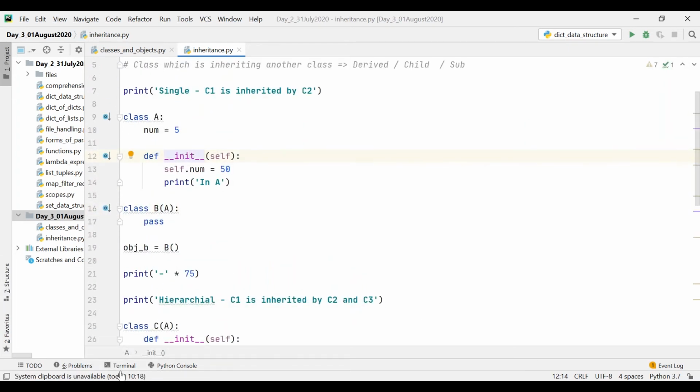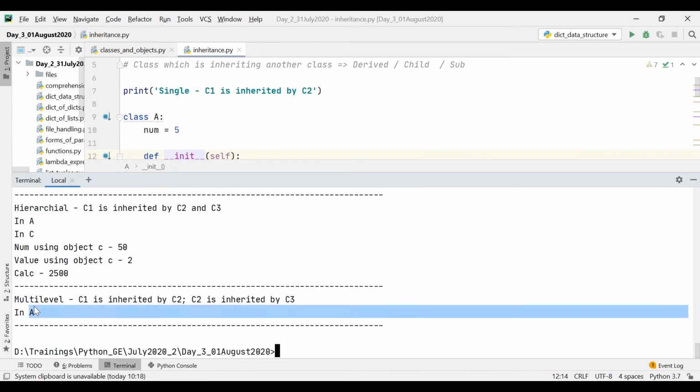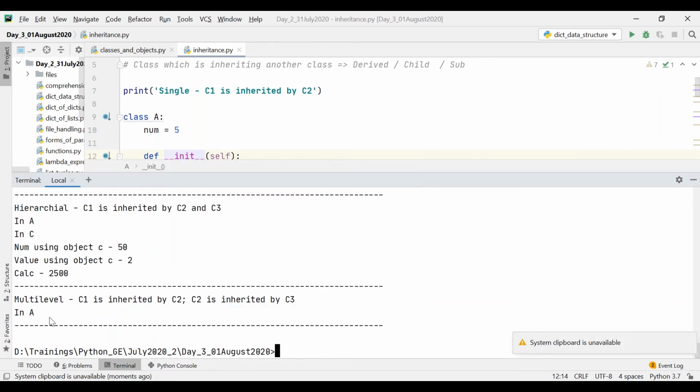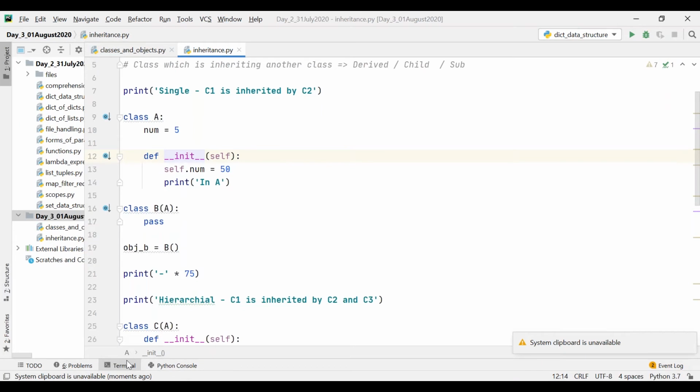So now you can see in A. So it goes from bottom to top. That is the hierarchy. It goes from the bottom level to the topmost level. For example, consider child, parent, grandparent.